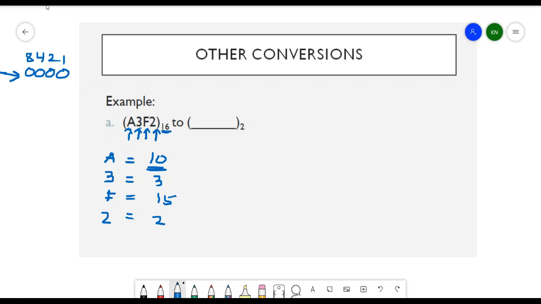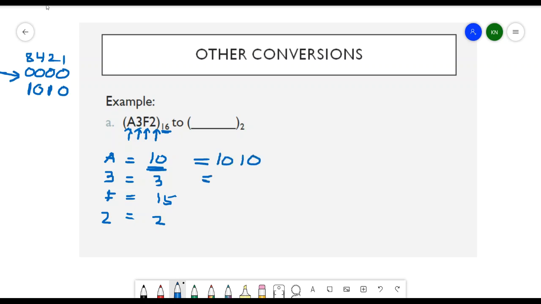So if you put 1 in 8, 10 minus 8 is 2. So we still need 2 in order for us to get the value of 10. So meaning to say 4 and 1 are zeros, or they are off. So if you add 8 plus 2, that is 10. So you'll get